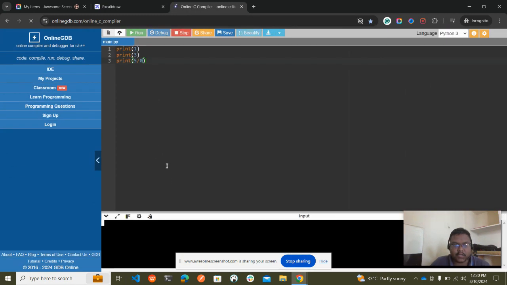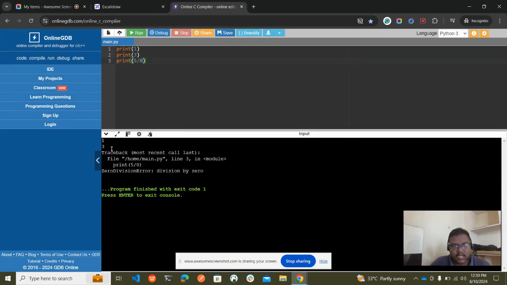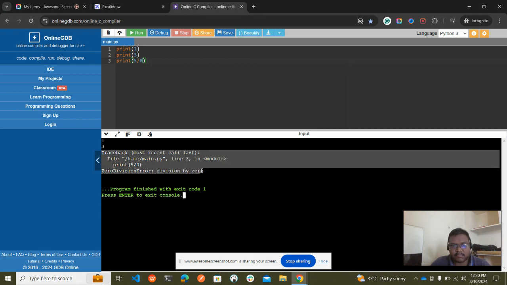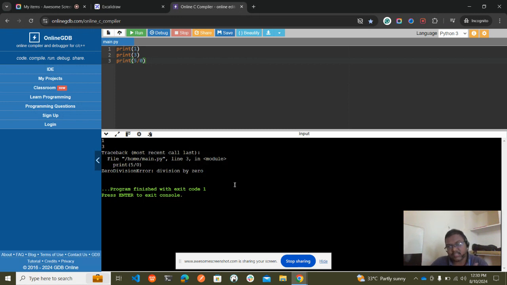So when we click on run, you see we get line number 1 and 2, and then when it is executing line number 3, it shows an error. This doesn't happen in other languages. In other languages it will create an executable file beforehand, without knowing what errors are in it, and then when that executable file is executed, it will show errors, like runtime errors or compile time errors. Okay, so that's how it will be.